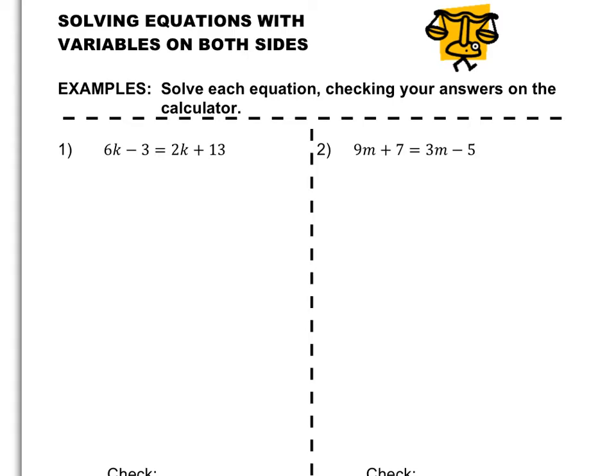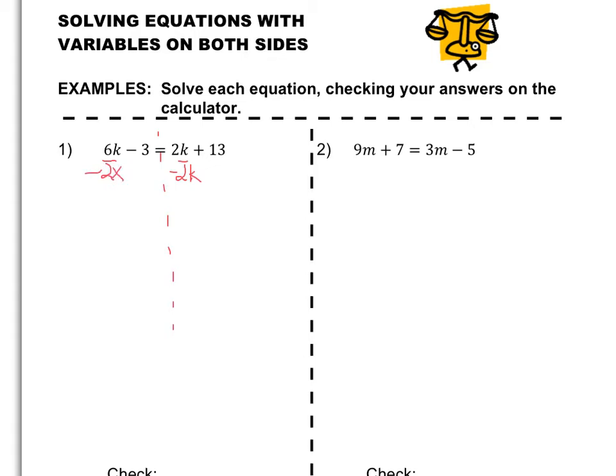6k minus 3 equals 2k plus 13. So if you notice, we've got variables on each side of the equation. So the first thing that we need to do is get the variables on one side of the equation. Now, what I generally do is I want to move everything to the left side. So in order to move this 2k over to the left, this is a positive 2k, I need to subtract 2k. So I'm going to move that over here,